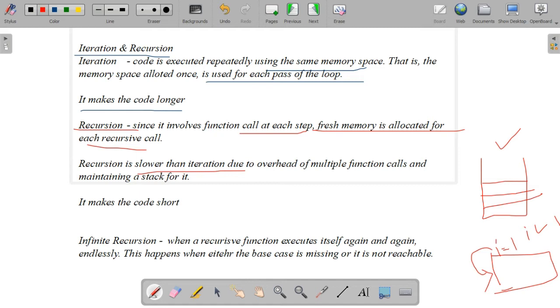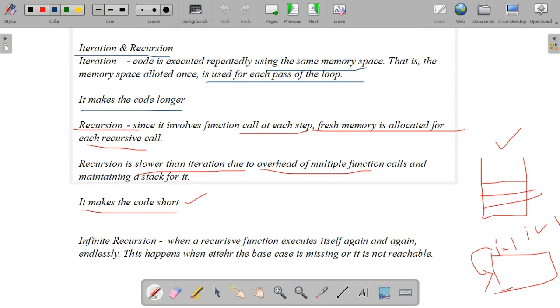But in the case of recursion, each time fresh memory is allocated for each recursive call, and a stack is maintained for it. It makes the code shorter. Recursive code is shorter, iteration code is longer. In time, recursion is slower than iteration due to multiple function calls. So these are the main differences between iteration and recursion.